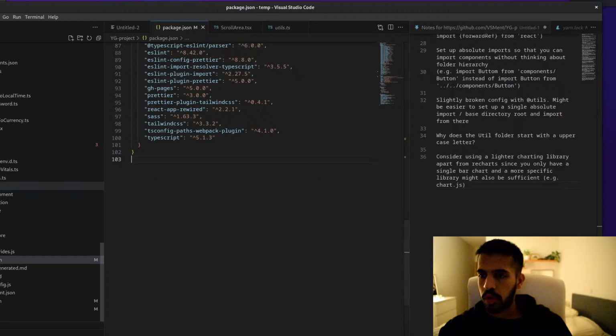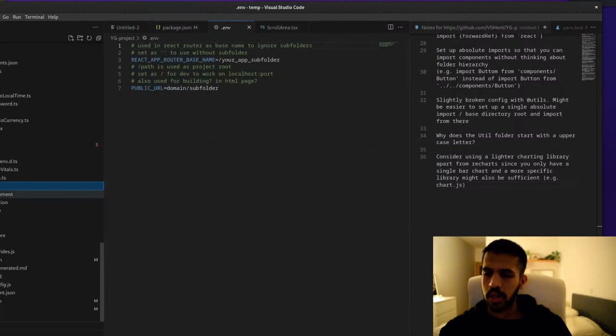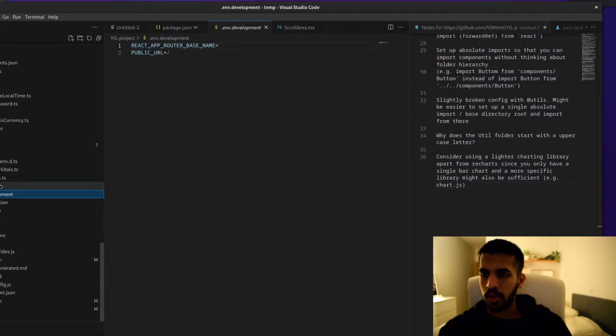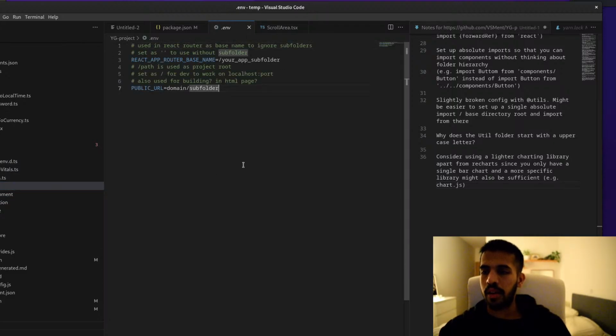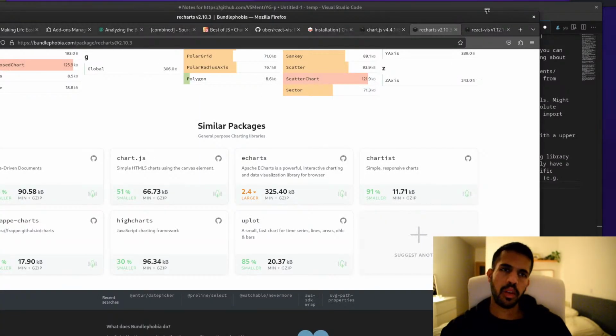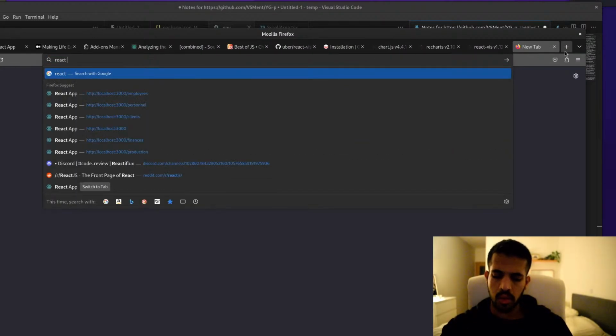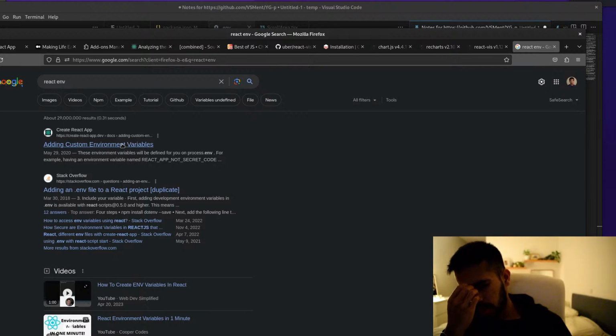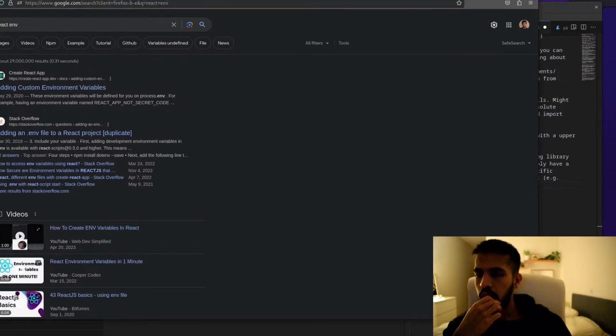So there are also the env files. I wonder if we actually, okay. Usually you should not really commit the env into the project, or rather, if you're committing the env, you should probably try to use something like, what was it called? React env? Was it React env? Oh, I forget. There is a tool that helps you manage the environment variables. What was it called?